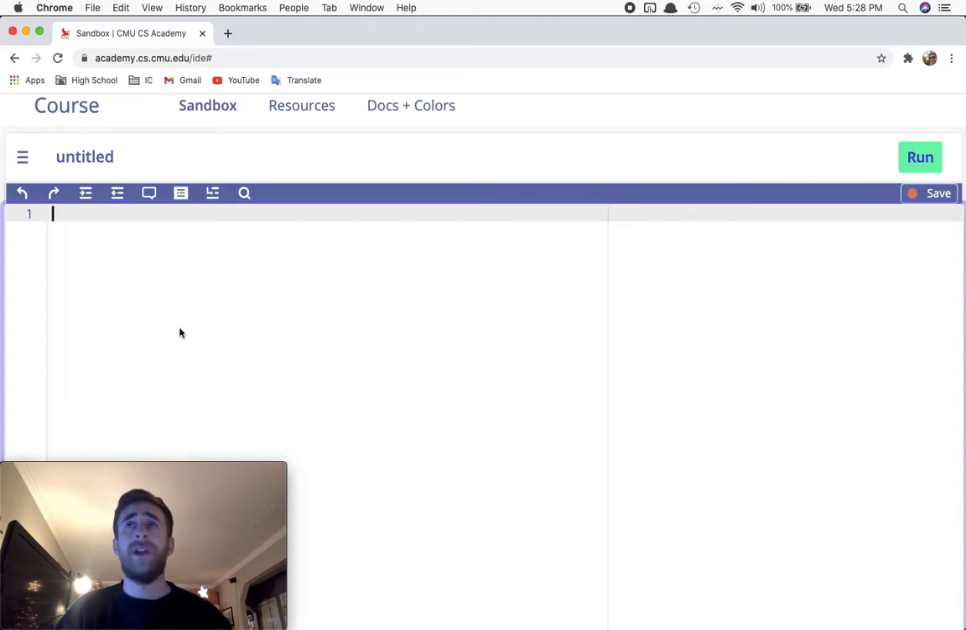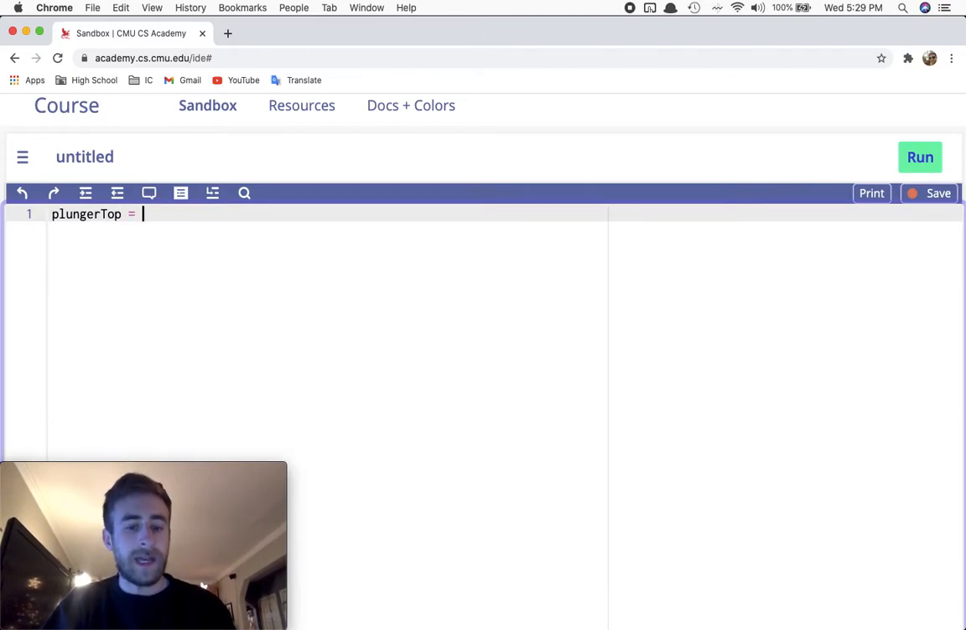So my thought for this one is I want to have a little animated plunger that as I click, it goes down and the balloon gets bigger, and then I release and the plunger comes up and the balloon stays the same size. So for this, I'm going to need a plunger top, and I'll set that equal to a rectangle